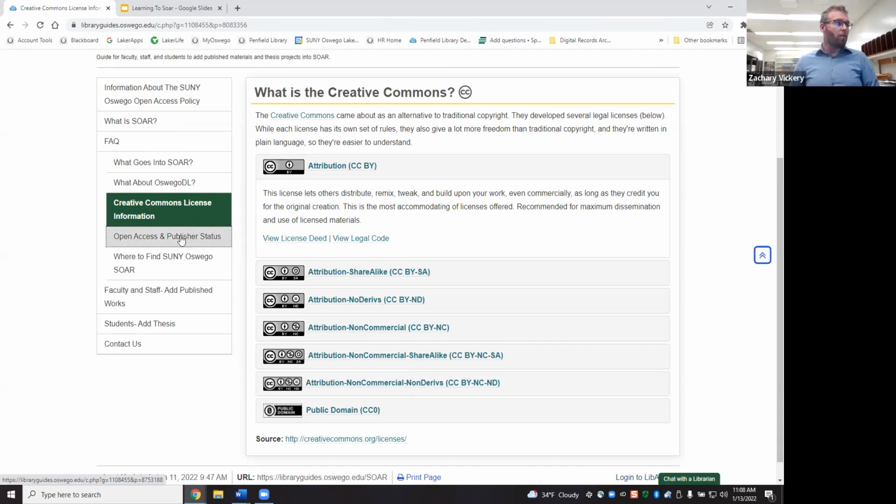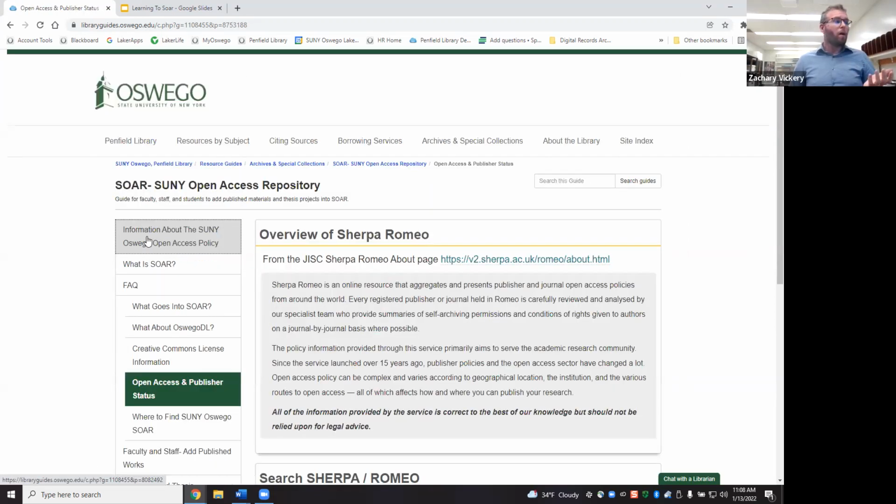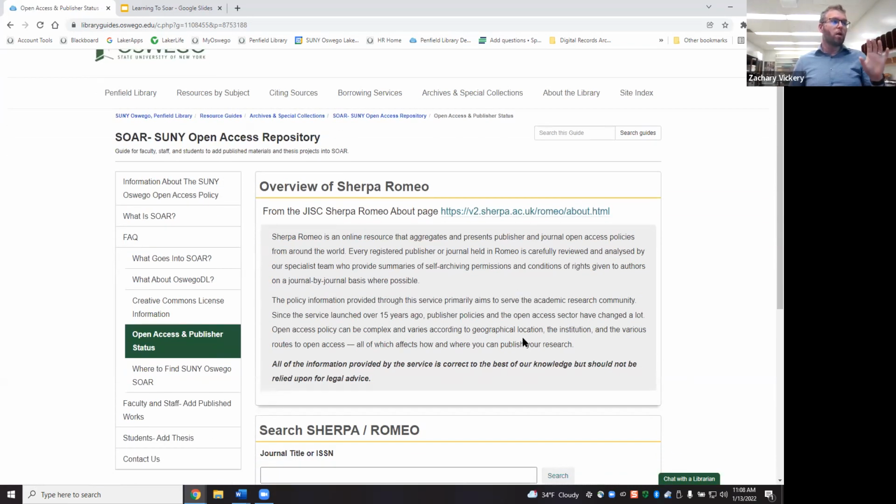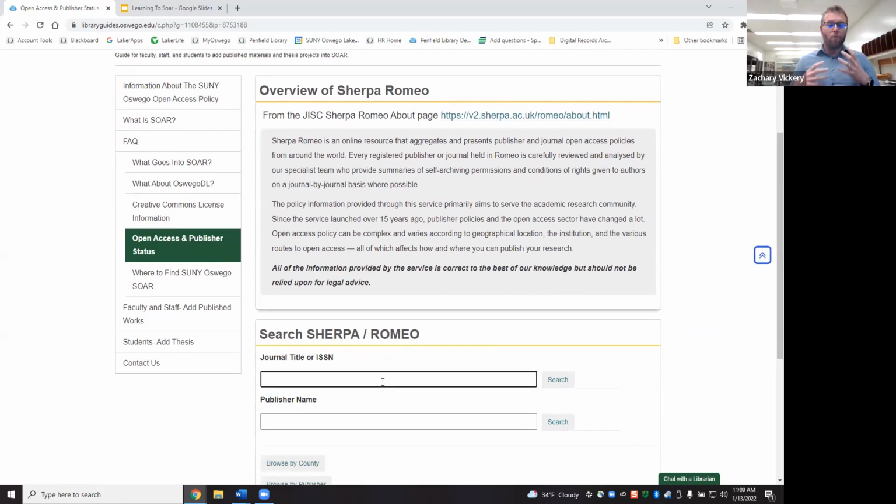Also, there is this section here for open access and publisher status. This links primarily to a tool called Sherpa Romeo. Sherpa Romeo is really a wonderful online resource that aggregates and presents publisher and journal open access policies from around the world. You can use this to determine what version of a published article can be submitted and then used in an institutional repository. So for example, I'm going to use